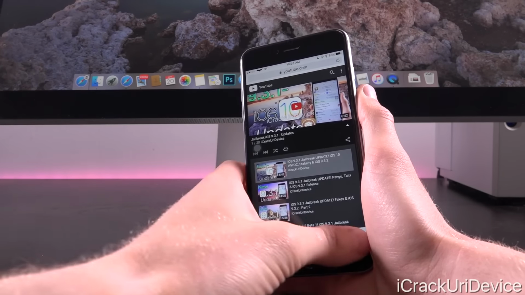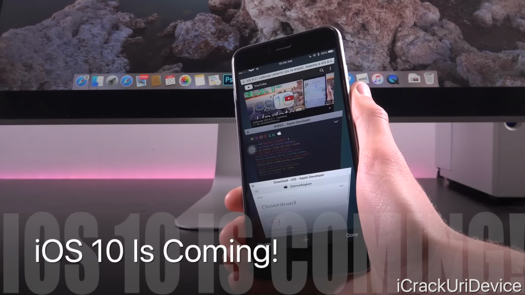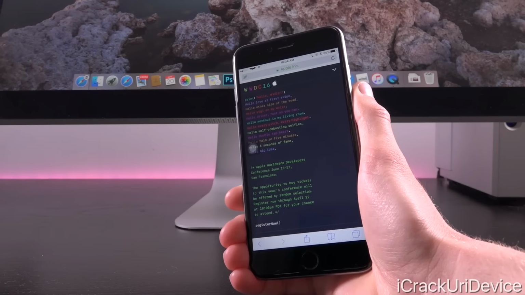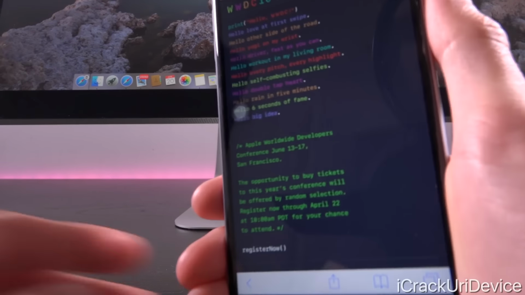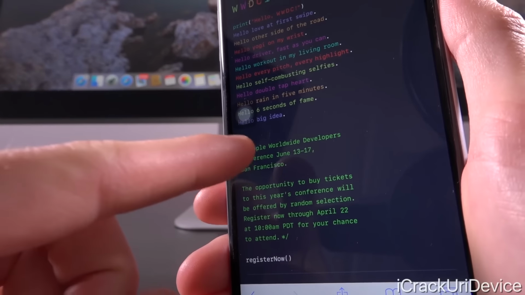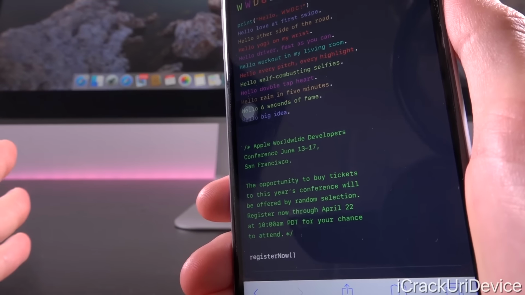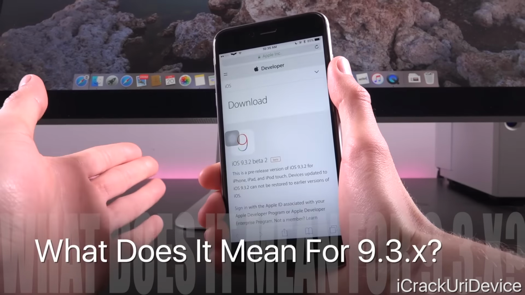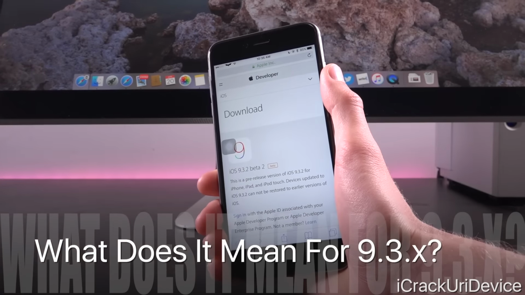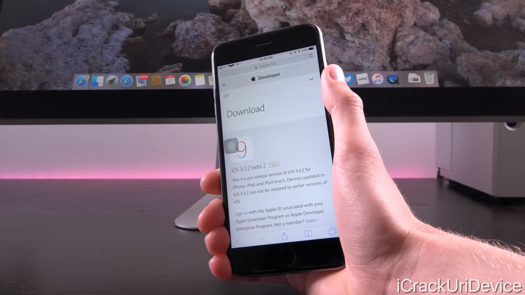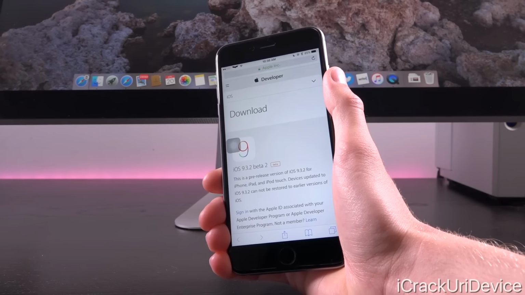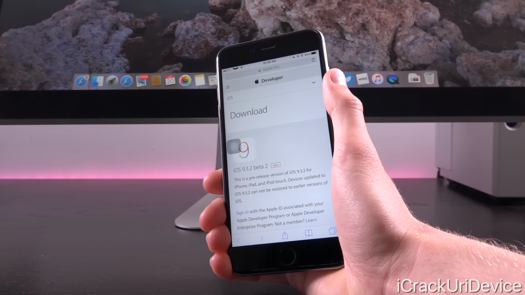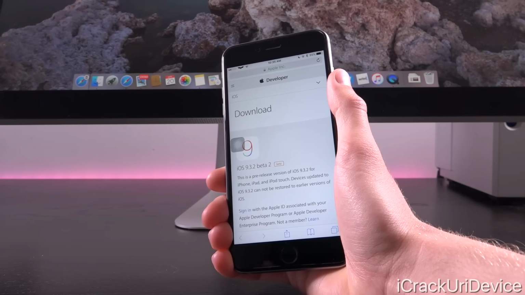Again, as I mentioned in said video, Apple is going to announce iOS 10 very soon in June at their annual Worldwide Developers Conference, scheduled to take place June 13th to the 17th. And of course, it will kick off on June 13th with an opening keynote presentation revealing iOS 10. So what does that mean for iOS 9.3.x and jailbreaking? Well, fortunately, it looks like Apple may be done developing for iOS 9, or at least focusing the majority of their efforts on it, and instead redirecting them to iOS 10 because they have to meet that June 13th deadline. That's when the first beta iteration of iOS 10 will be released.